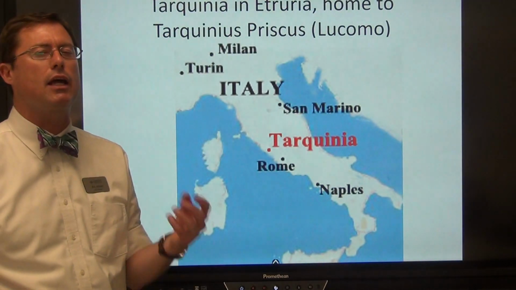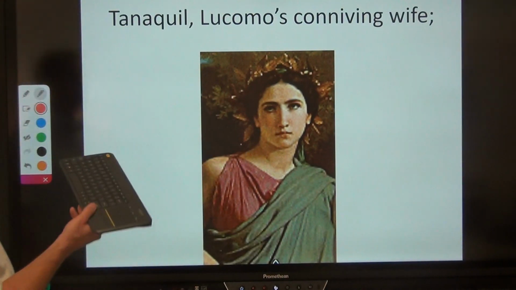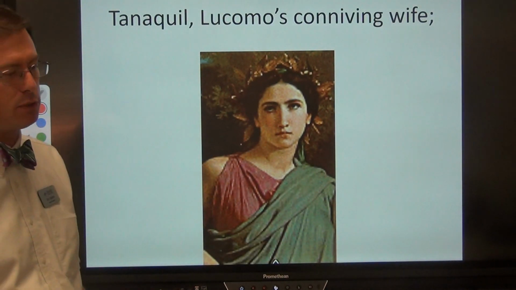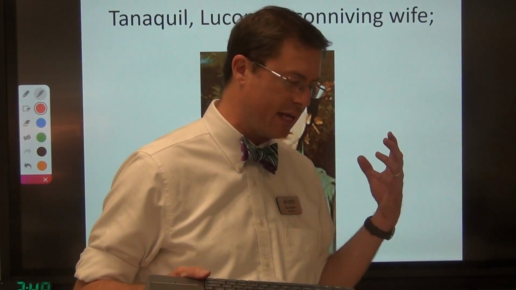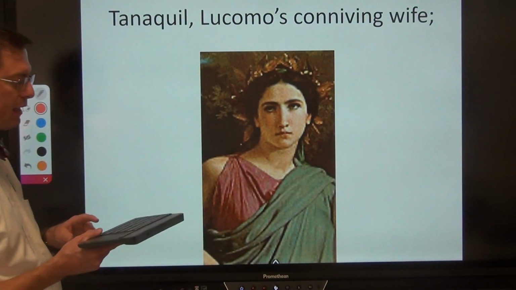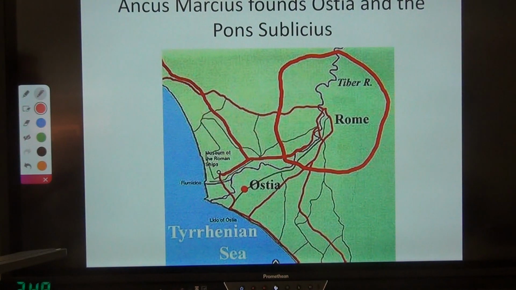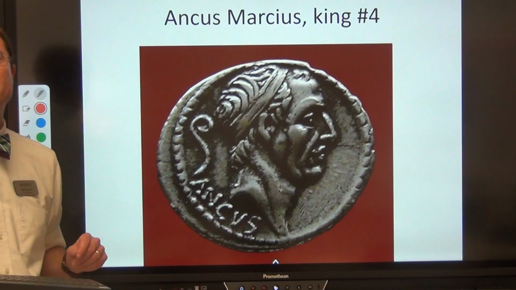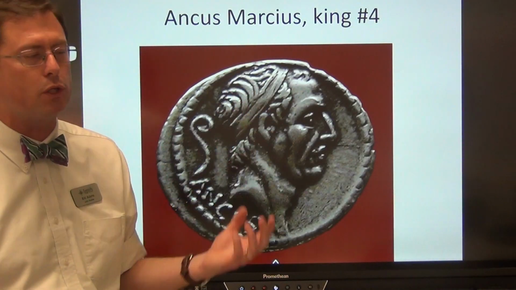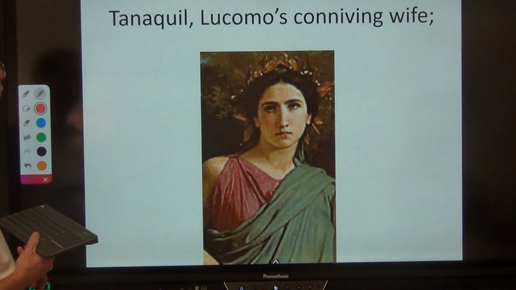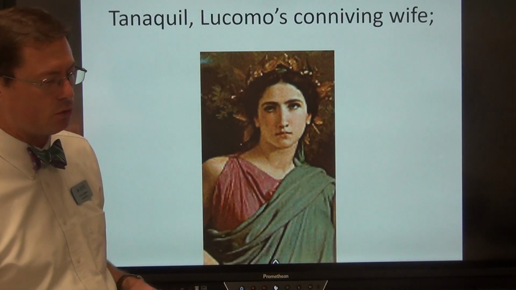He is driven, much like Macbeth, by Lady Macbeth, by his wife Tanaquil, who is the one that is driving his political ambitions to become the ruler of Rome as a whole, as it were. Well, unfortunately, he is going to be assassinated by the sons of Ancus Marcius, who, as the 4th king of Rome, had been deposed and his throne usurped by, of course, Tarquinius Superbus, leading then to the next